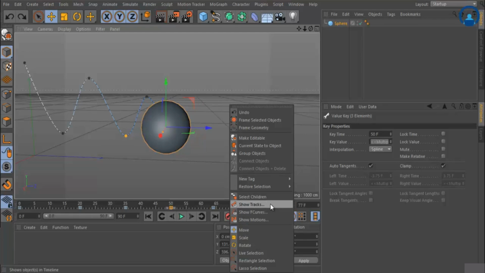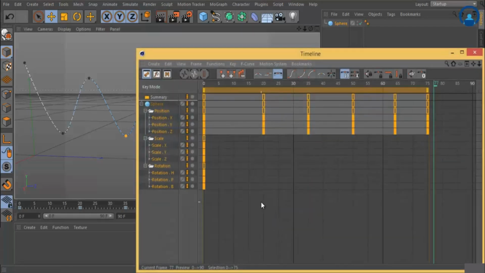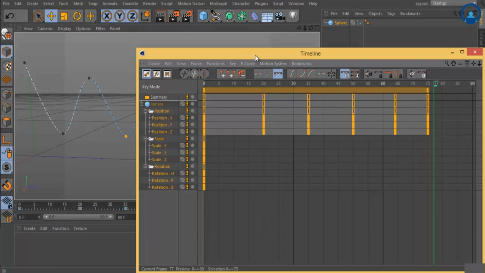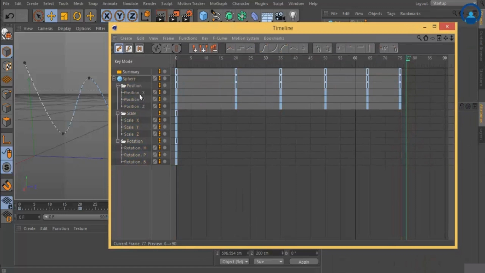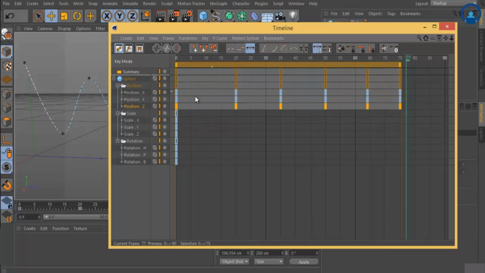This is normally used like an exposure sheet for animation, and if you use different 3D software like 3ds Max, it looks like the dope sheet in 3ds Max. Here you can see the keyframes for different properties: position X, position Y, position Z, and again for scale. We just changed the position, not the scale properties, so we can see only the position keyframes, because we did not change any property of the scale and rotation.